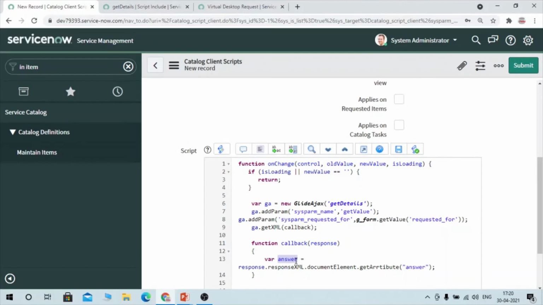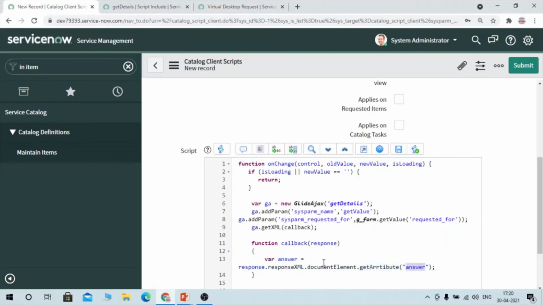What this response XML dot document element and get attribute does is, response is an XML document which contains an attribute as the answer. So for that we are using get attribute.